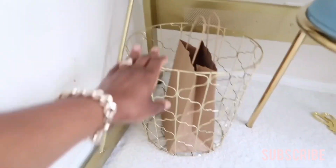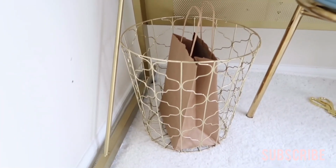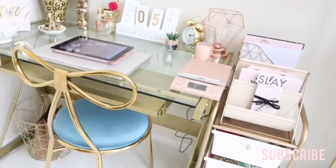This basket I got from Marshall's. I think it was like $9.99. And I just keep the brown bag there where I put all my trash. And my table,